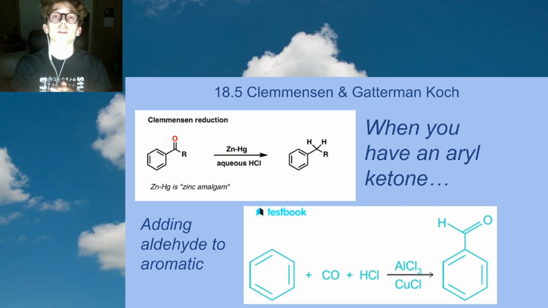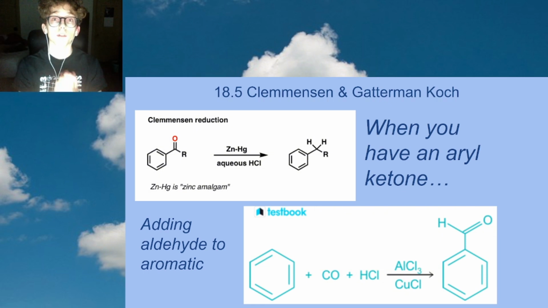Our next reaction here is called the Gatterman-Koch. It's just adding an aldehyde to an aromatic compound. Quite simple, adding it to the aryl position, right? So just one directly off the benzene ring, you have a C double bond O and then a hydrogen there, giving you an aldehyde. Before we get into the specific steps of the Gatterman-Koch reaction,